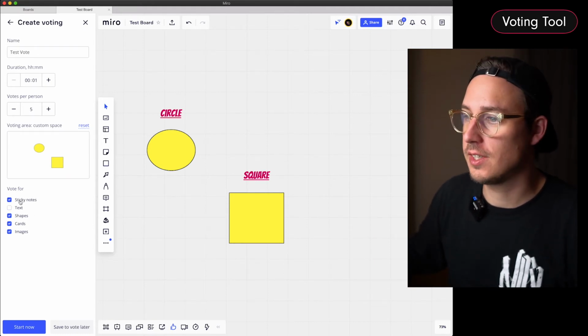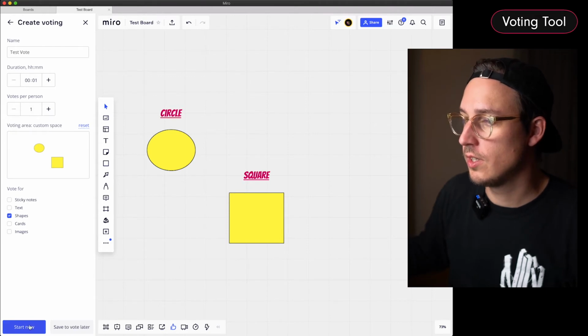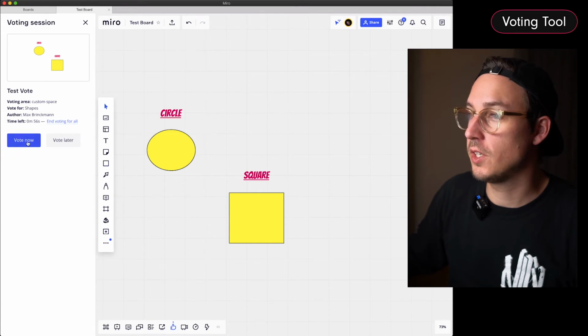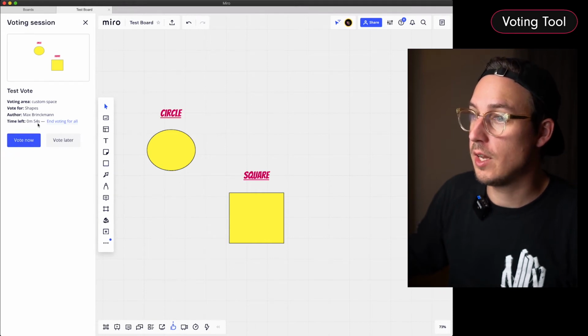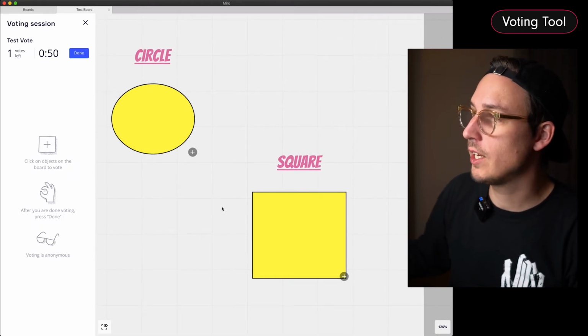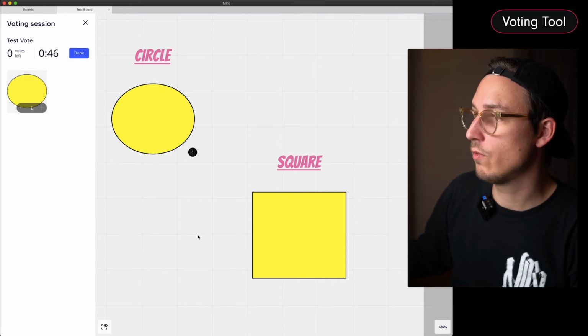We can also in this case just deselect everything except for shapes, and then we have everything set up. Let's maybe just move down to 1, click start now, and then we can start voting on ourselves. The time's already running, so we'll click on vote now, and this is how it looks. We can select the shape that we want to vote for, and now it has counted our vote here for